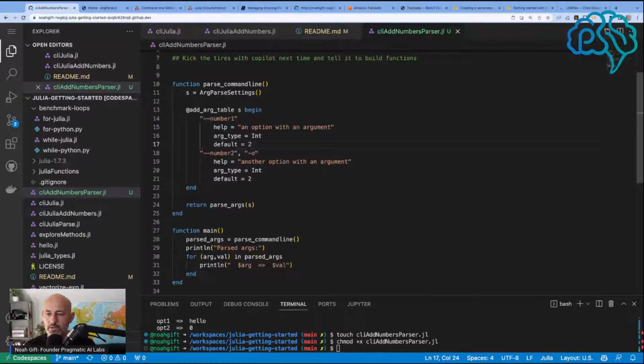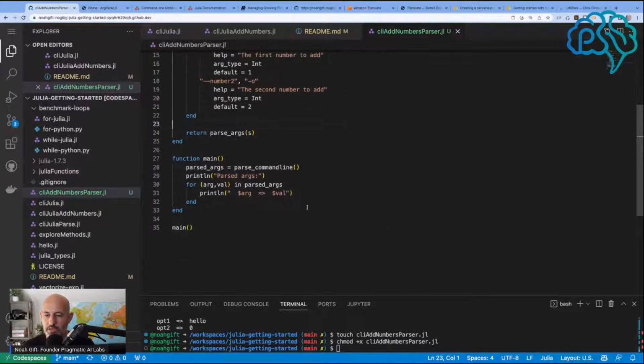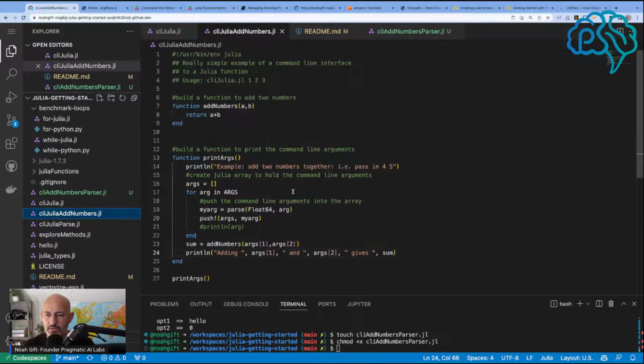I like this. There we go. So they're both, well, let's make this one 3. Let's actually even make it simple. Let's make them the same. We'll call this the first number to add. Second add. And we can say something like this. We can do like, adding 2 numbers. Something like that. And then if I go back to my add numbers, I would take this code here and